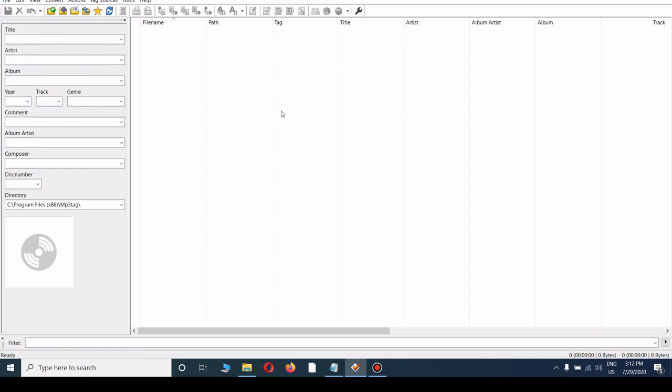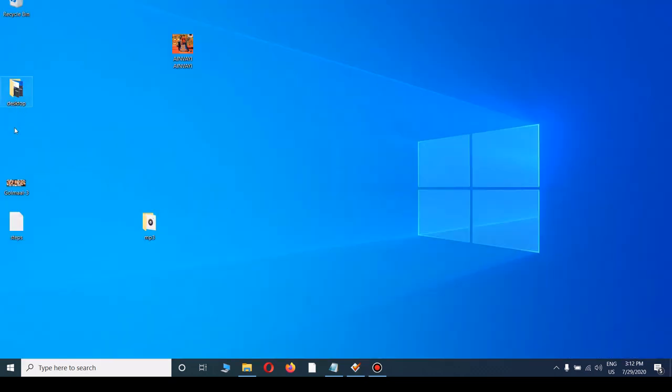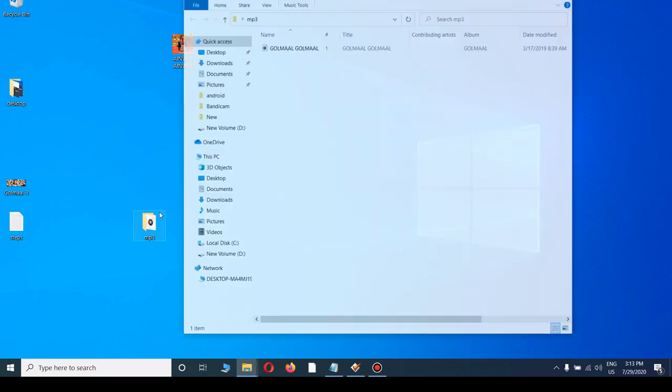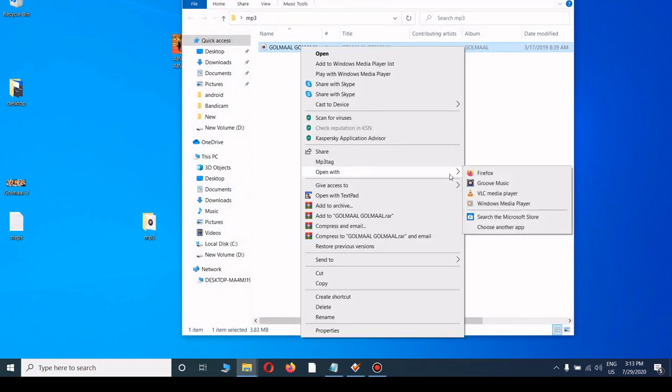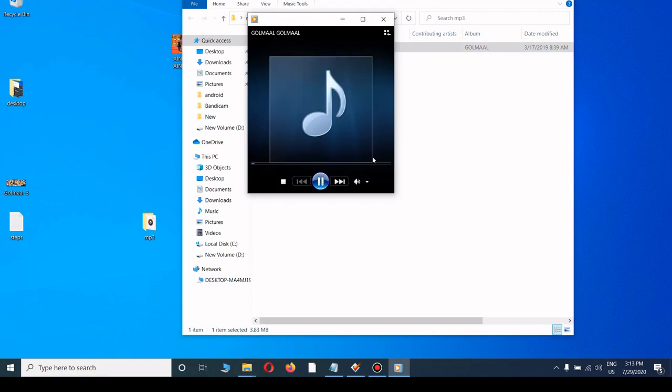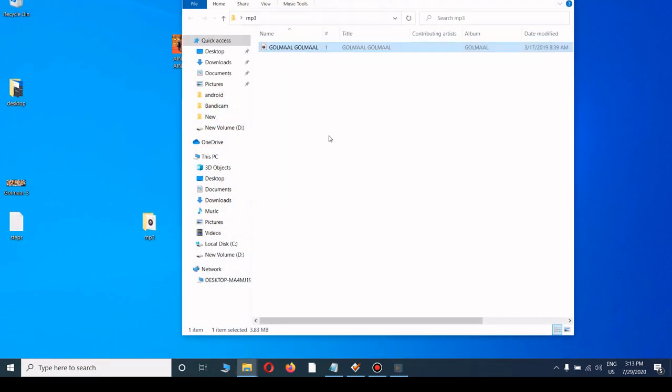I'd just like to say one thing, that this application is applicable only for MP3 files. You cannot use it for MP4 files or any other files in different formats. Here we also cannot select one file directly. You have to select a folder. So I want to add an image to this MP3 file. So let's see this MP3 file. See, this file doesn't have a cover image. Now what I want to do is add this image to this MP3 file.